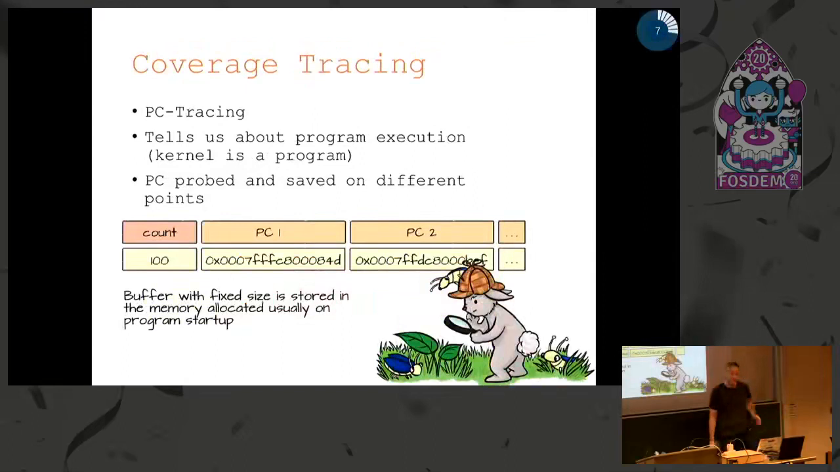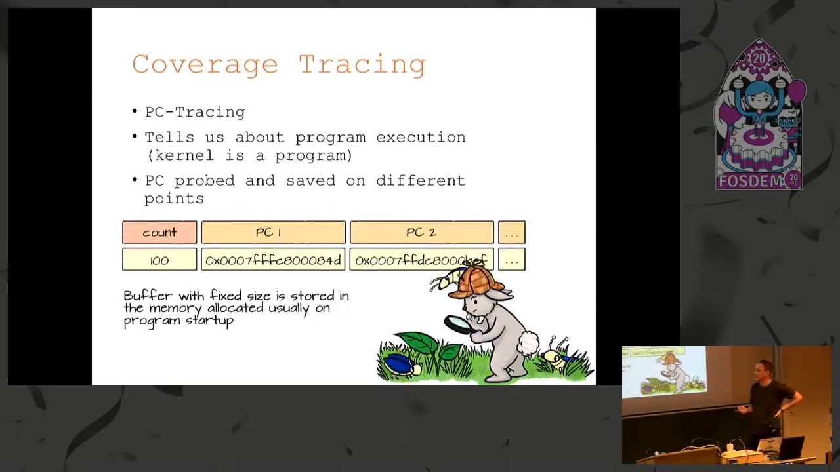So, coverage tracking. As I said, that's one of the main techniques for getting feedback from the application, and that is how many fuzzers work. The main coverage trace is the PC trace, program counter. It tells us about the execution path. And the good thing, how we can start